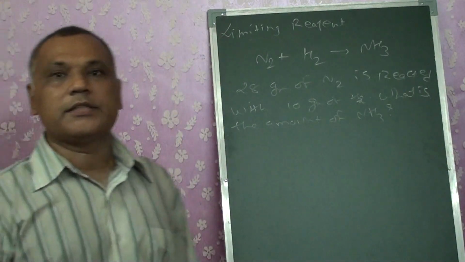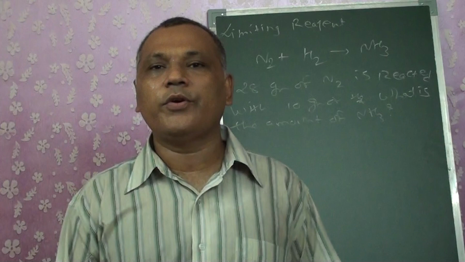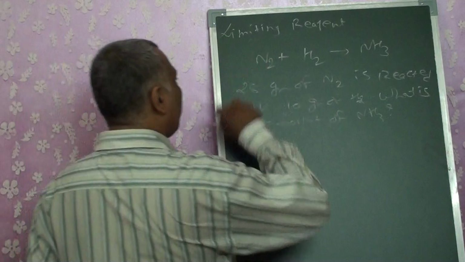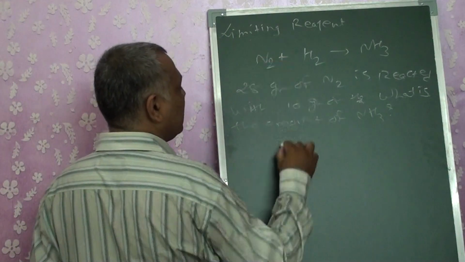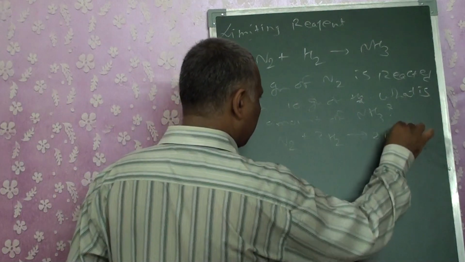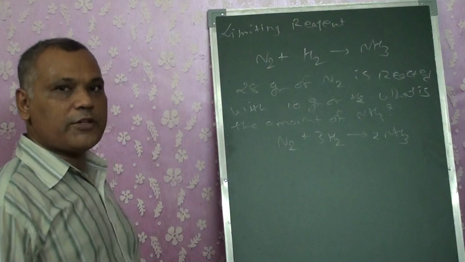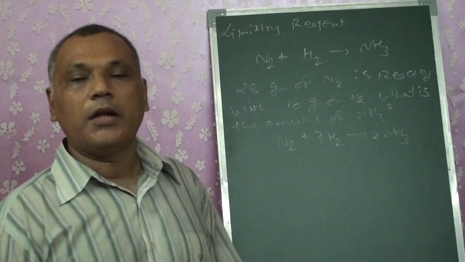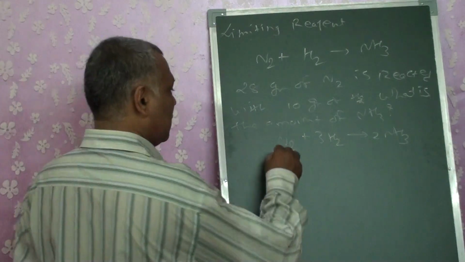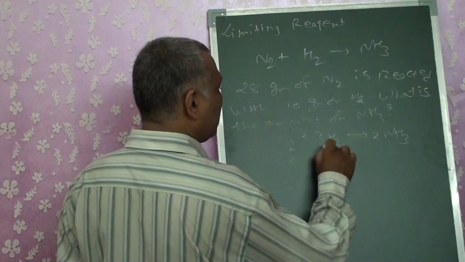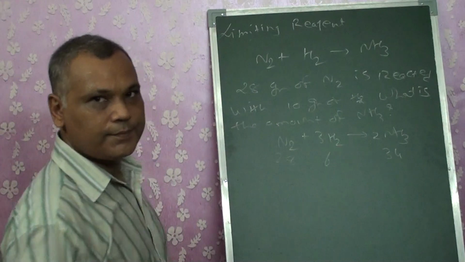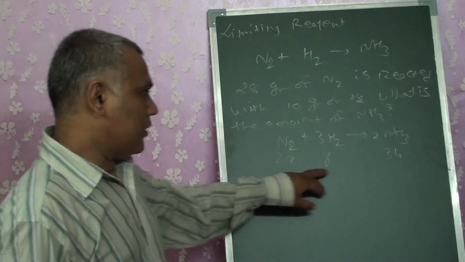Right? So in this case, the first factor, as we already know, is to first of all balance the reaction. How we will balance it? We will be getting N2, 3H2, 2NH3. First, we balance the reaction. Now the second step we will be doing is, find out their standard masses. 28 gram reacts with 6 gram to produce 34 grams. Okay. Now this is the base.